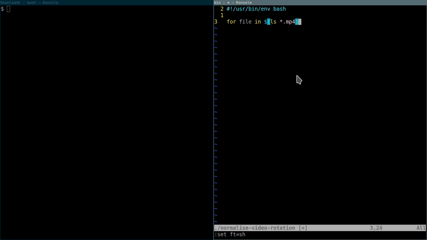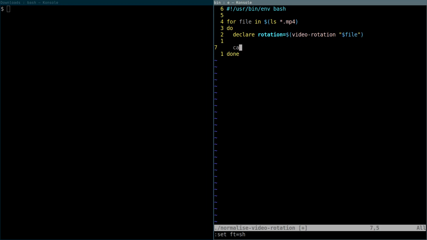Again, we could make this a lot more sophisticated, but this will do for now. Do, done. We want to grab the rotation of the file, so declare rotation is video rotation file,